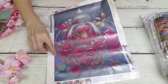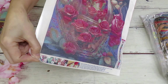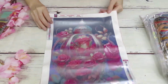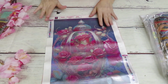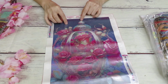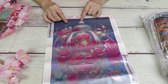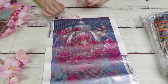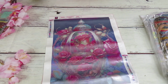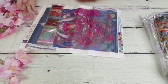Yeah, there are some different colors in here, but also on the bottom black in here, which you can see looks kind of like a dark blue. Especially in here, see, it's nice and blue, but it's black. I would recommend they print a color matching the diamonds, because with round diamonds the blue will be seeping through those corners, you know what I mean, and we will see different colors than just black. So I don't think that's a good idea, but it is a cute design, and we'll see how